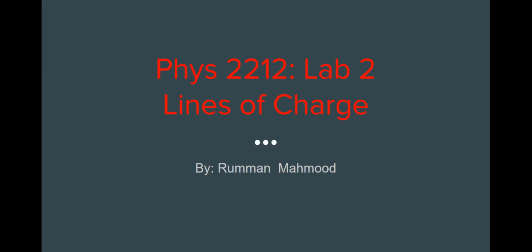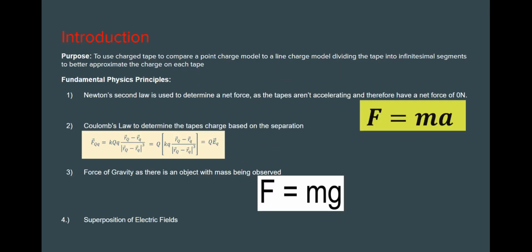And this is my lab report for Lab 2, Lines of Charge. The purpose of this lab was to use charge tape to compare a point charge and line charge model by dividing the tape into infinitesimal segments to obtain a better approximation of the charge on each tape. This is essentially an expansion on Lab 1, but more accurate results will be obtained due to the use of